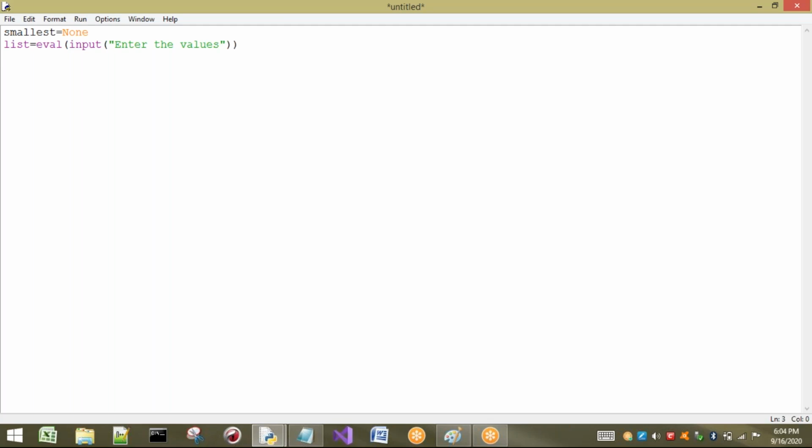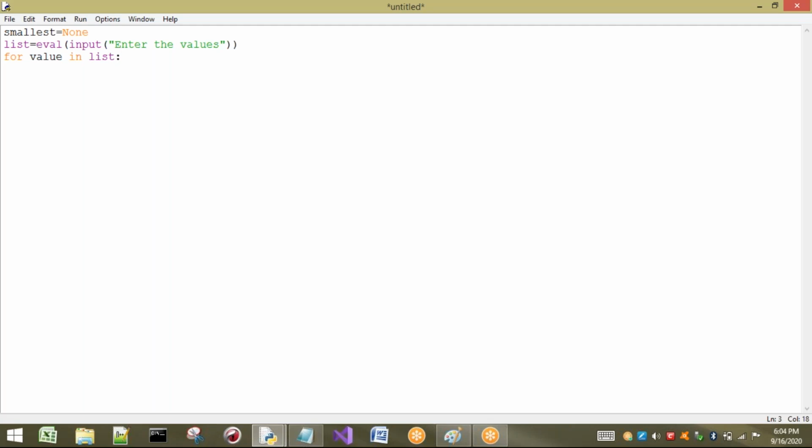So now what is the task? I want to find the smallest element among the given list of elements. First I have to take one value and compare it with another, and so on, all the elements should be compared, and finally I should get the smallest element. So for, where are your values? Your values are in the list. So I have taken it this way. For every value in list, that will be stored in value, and that value will be compared with something else.